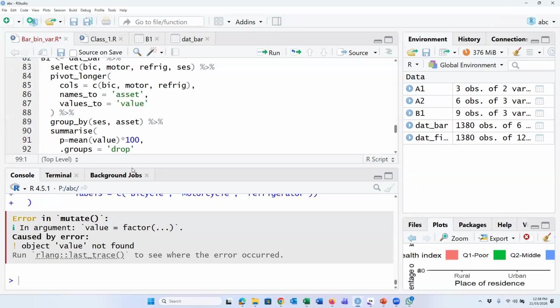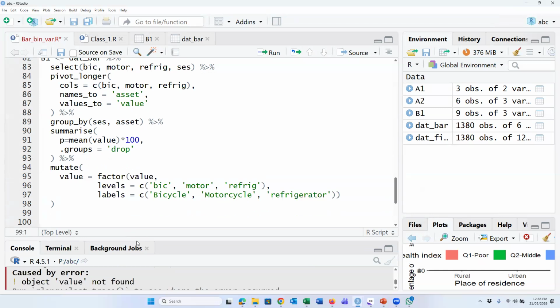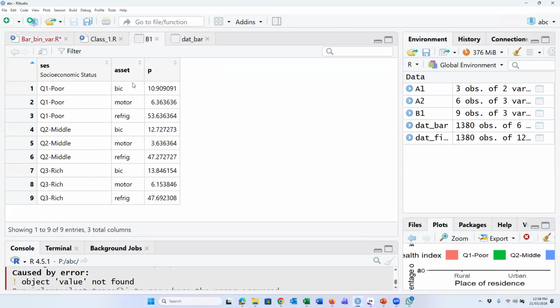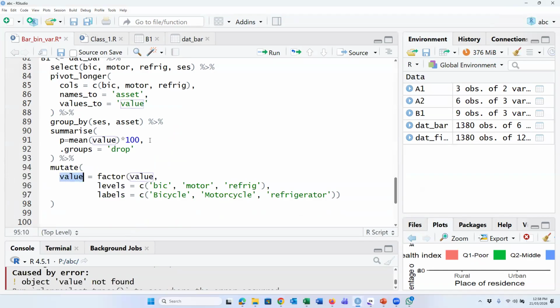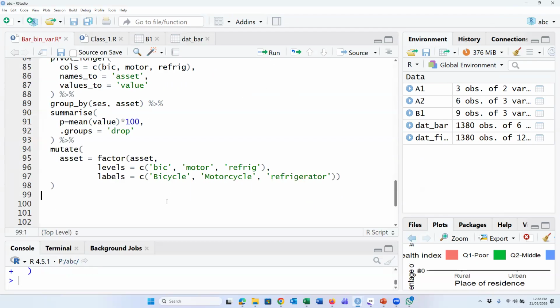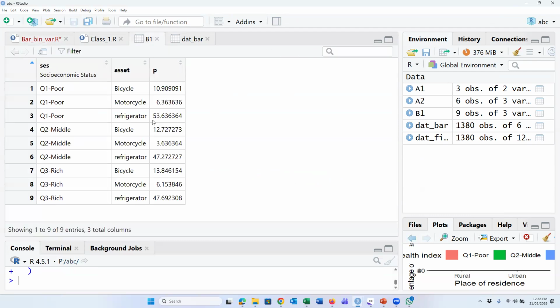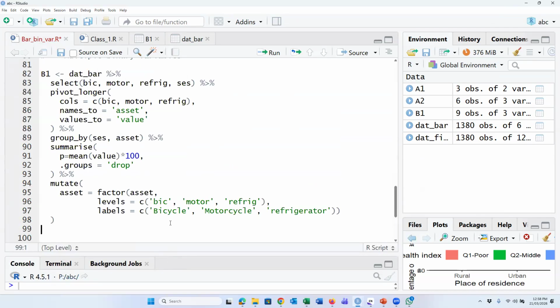What is the problem? Oh, sorry. It will be asset. Sorry, it is the asset. Yeah, asset. Now we can check. Yes, bicycle, motorcycle, refrigerator. So please see the syntax.